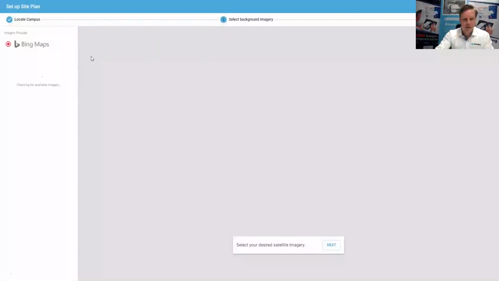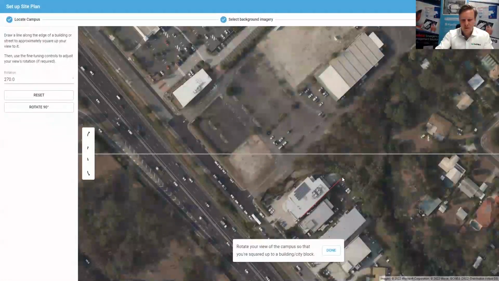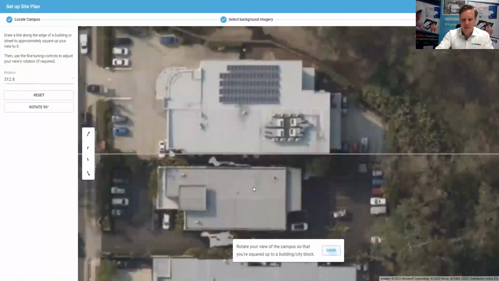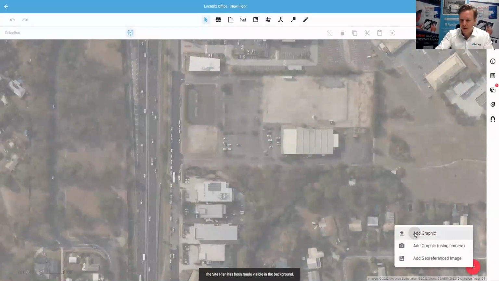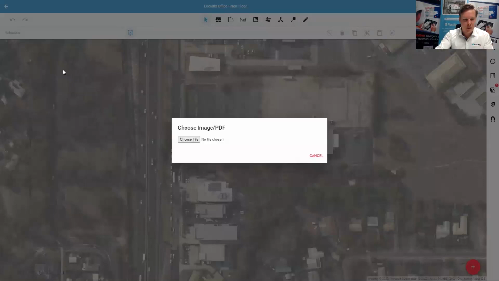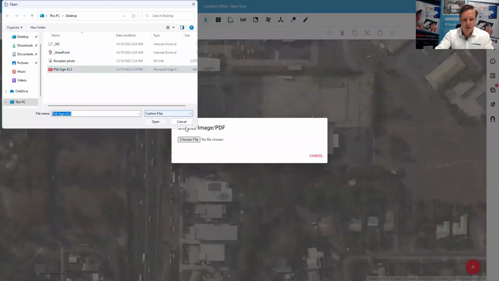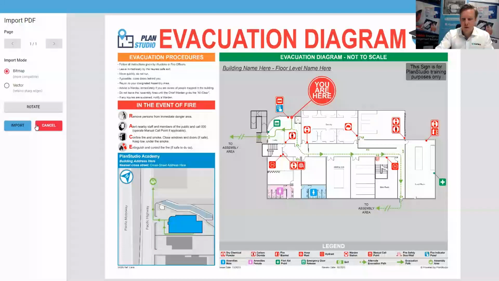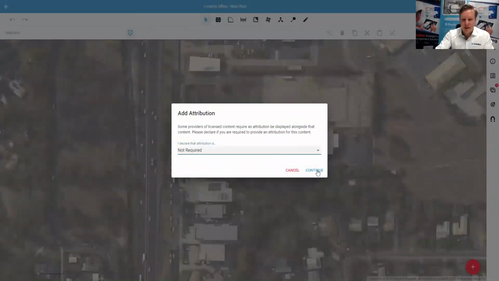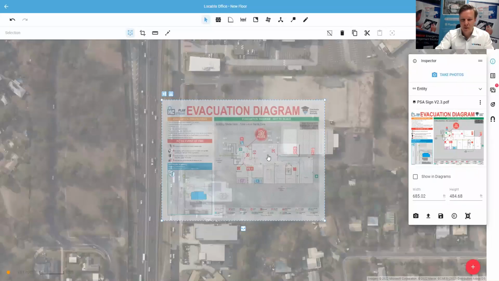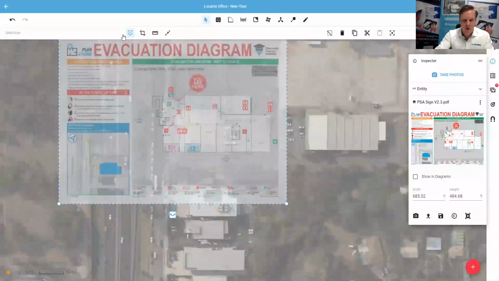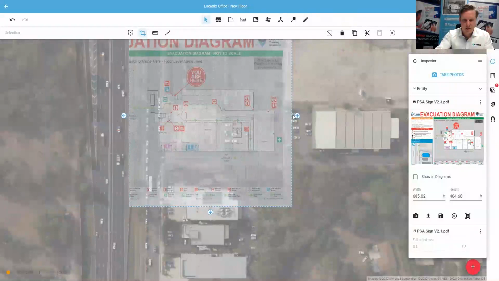Create from site plan, use satellite layer as I showed at the start. Select this, rotate our plan, and I'll import a graphic this time that's a little bit nicer to see. Import a multi-page PDF and choose how you'd like to import that. Now, these files can all be saved inside PlanStudio for use later on, and I'll quickly crop this plan down